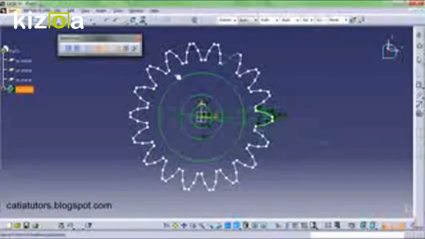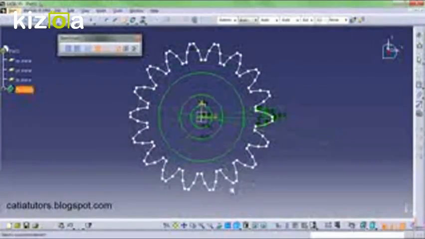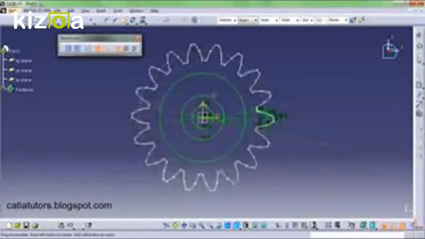So the main motive of using this gear is to teach you how CATIA can be used. So now we have made all these things, and obviously in the ideal cases you